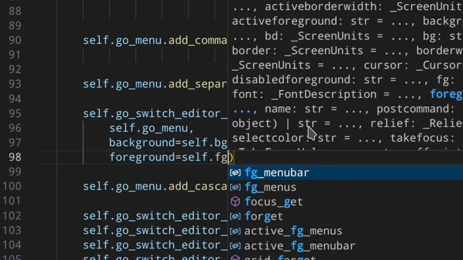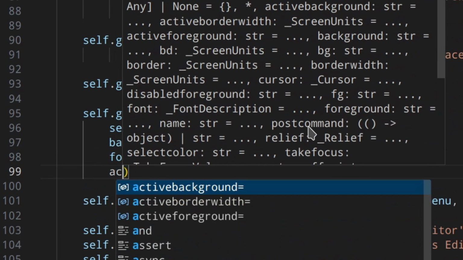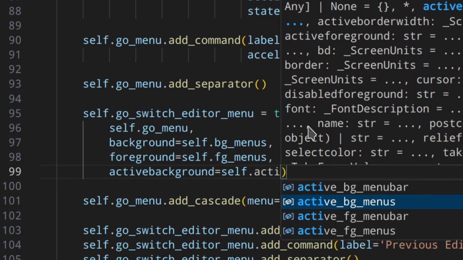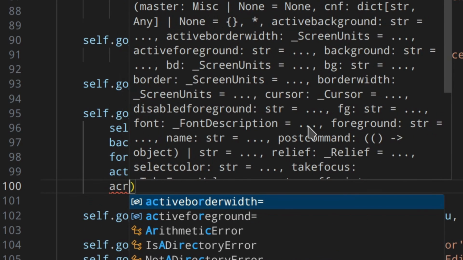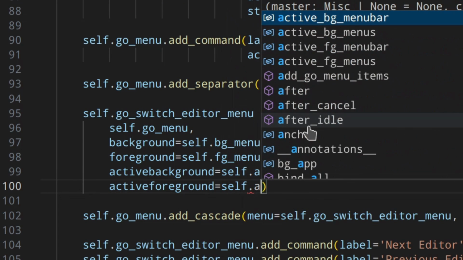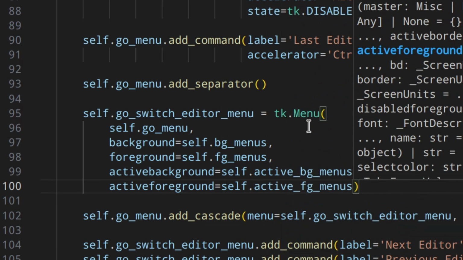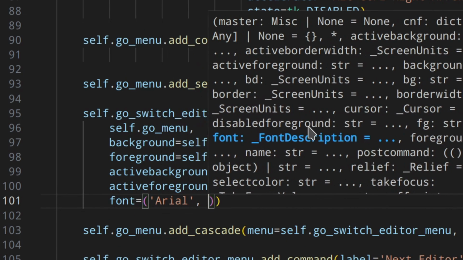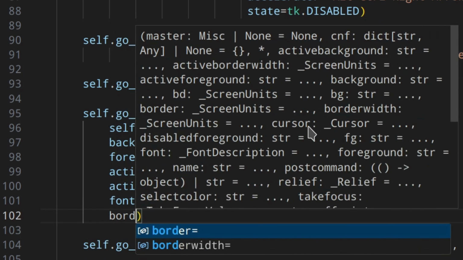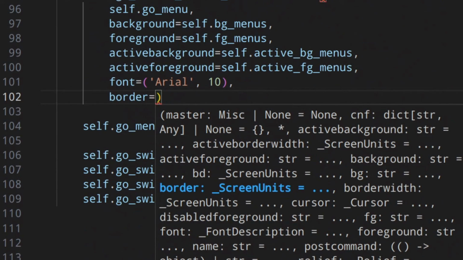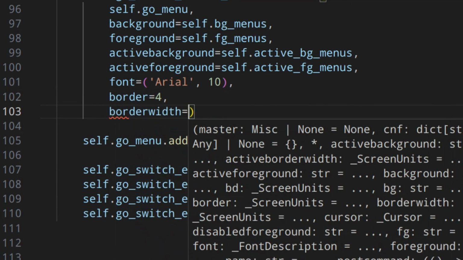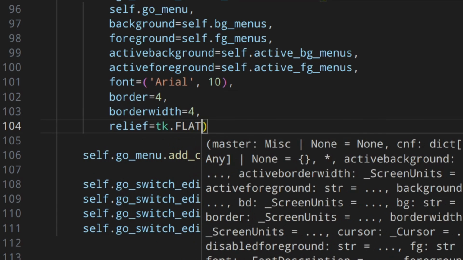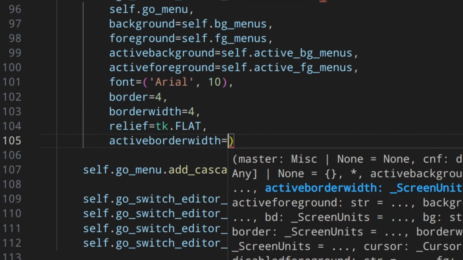Actually, foreground menus, and then the active background self.active_bg_menus, then active foreground self.active_foreground_menus, and then font, same thing, 10. Then border width 4, and then relief flat, and then active border 0.